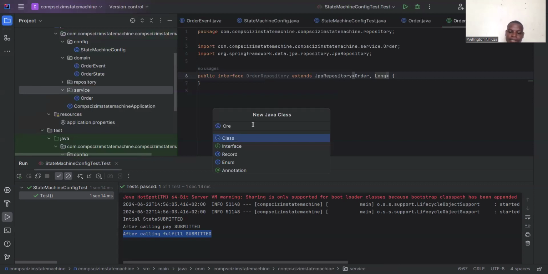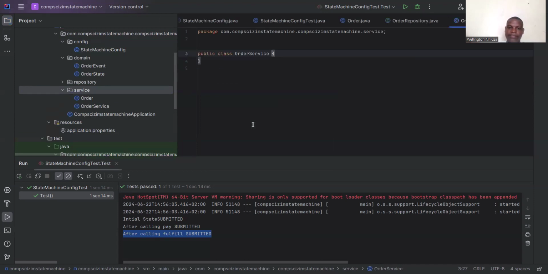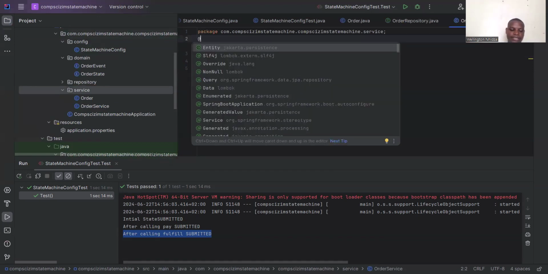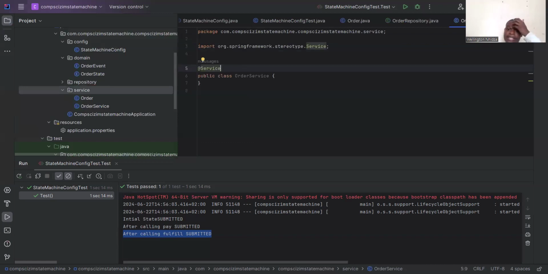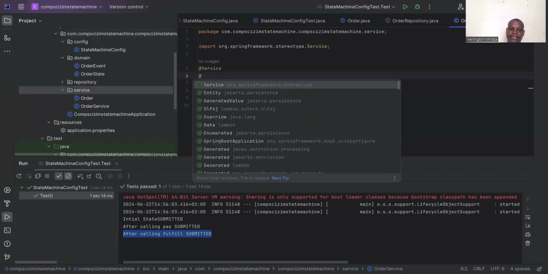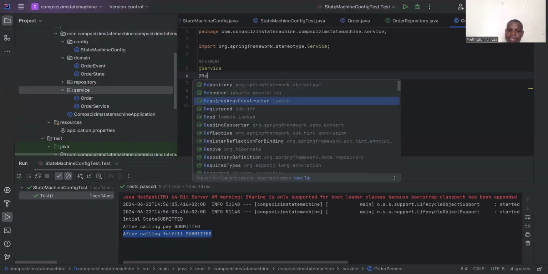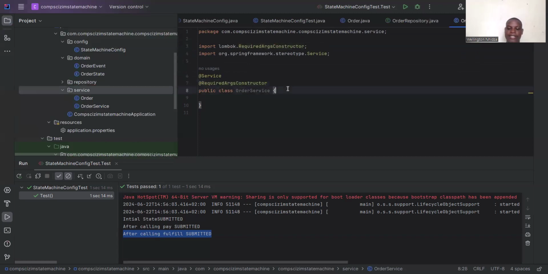So, order service, but this is the class. So here I'm going to put the @Service annotation, and yes, that's it. And @RequiredArgsConstructor, so that when we call here, so now I'm going to